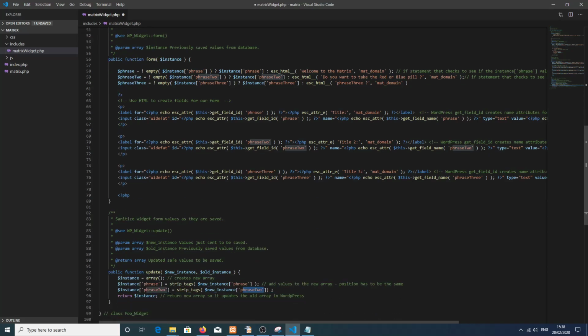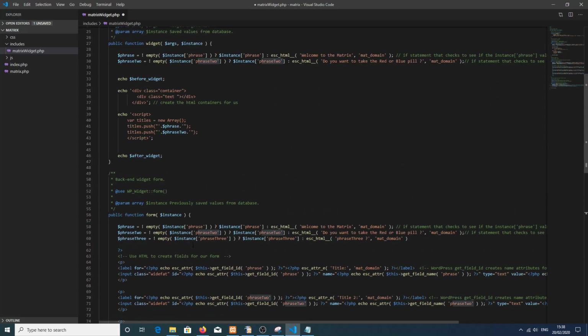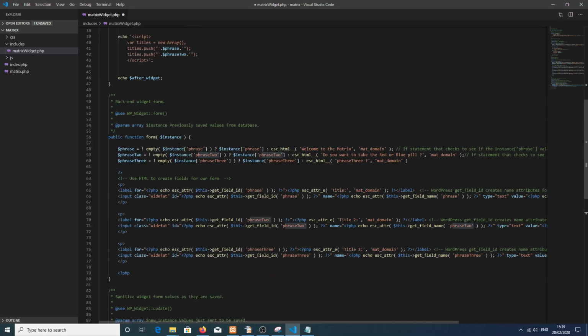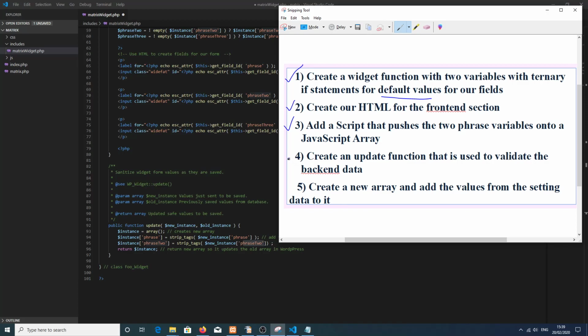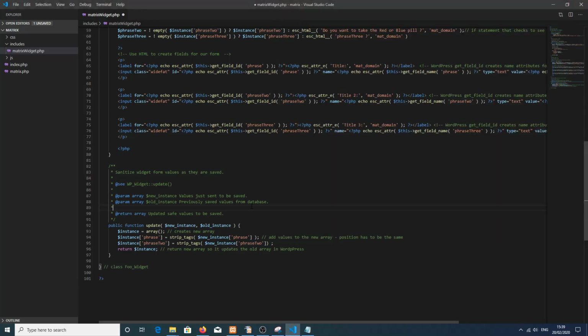So I haven't added an if to check it's empty, because I've put it in each of these spaces. I potentially could have done it in a different way and done these kinds of checks down here, but it's too late now. I'm going to keep it the way it is, and I'm going to say that I have completed my update function, and I've created a new array, added the values from the setting data to it, and I have returned it. So I have done all 5 tasks, and I've actually completed my widget